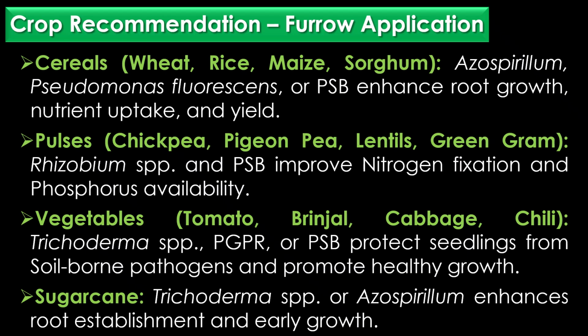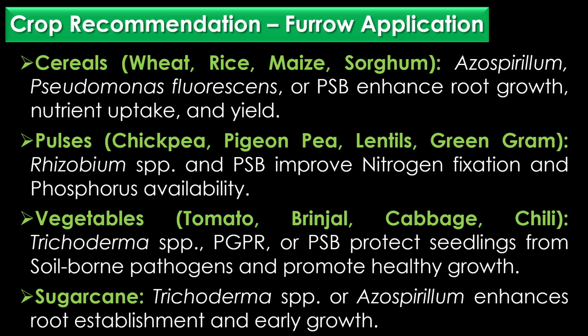Water flows along the furrows by gravity and infiltrates into the soil, providing moisture to plant roots. Crop recommendation for furrow application. For cereals like wheat, rice, maize and sorghum, Azospirillum species, Pseudomonas fluorescens or phosphate solubilizing bacteria were applied in furrows to enhance root growth,